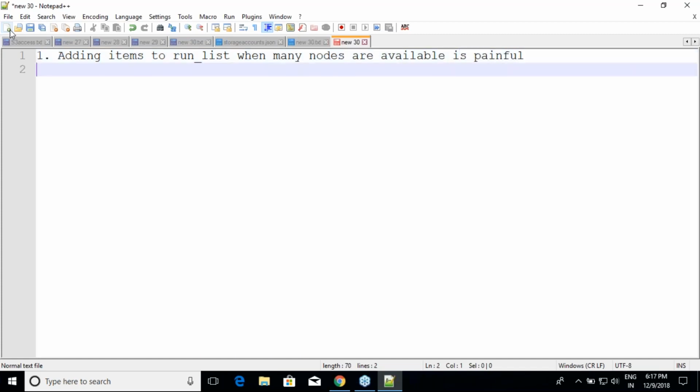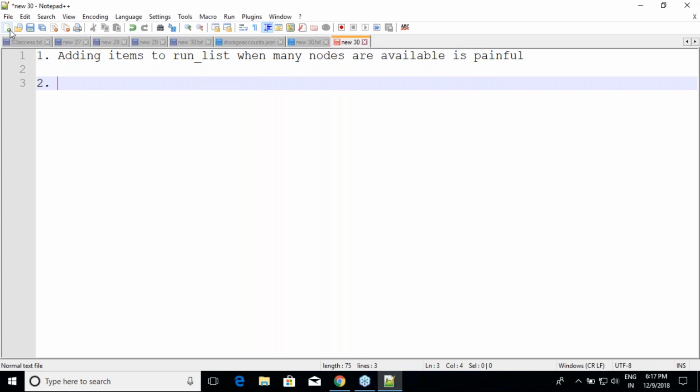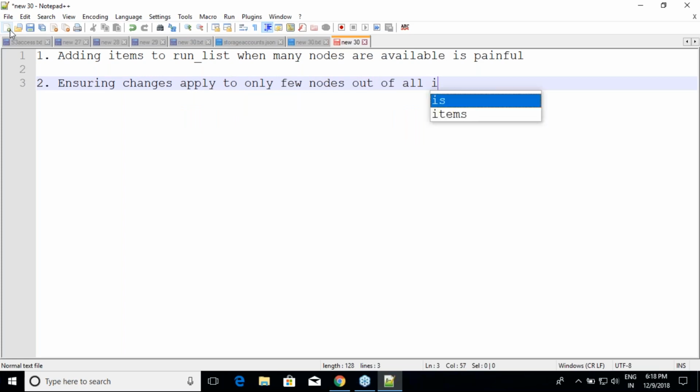Right? This was our first statement. And my second statement was ensuring changes apply to only few nodes out of all should be possible.